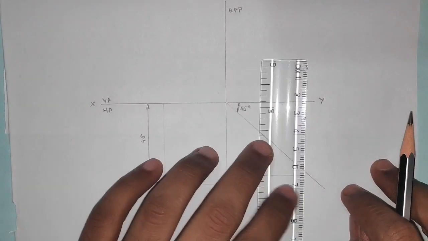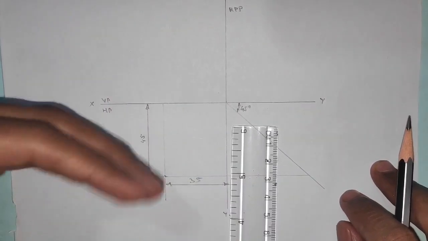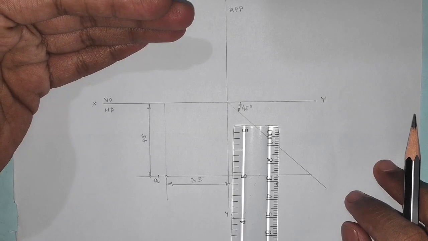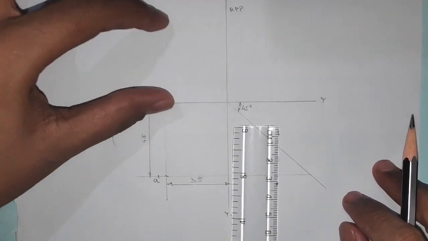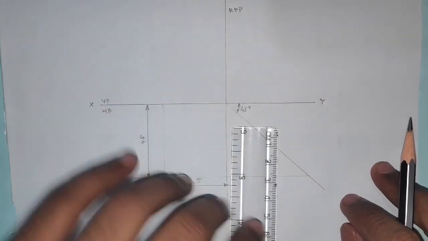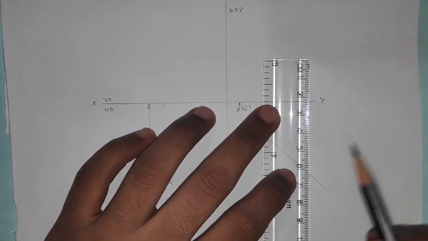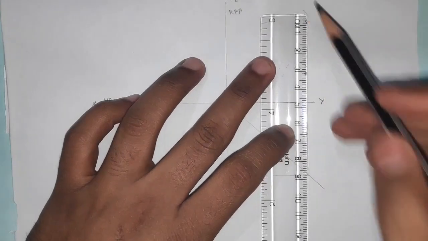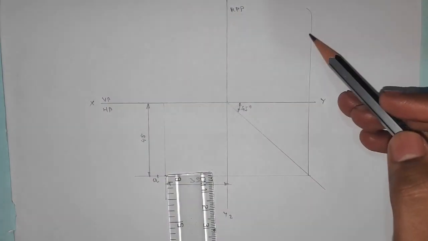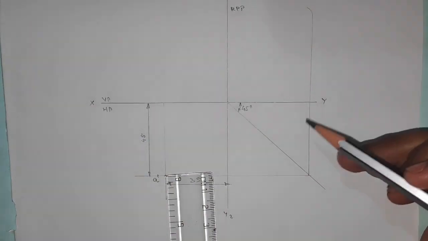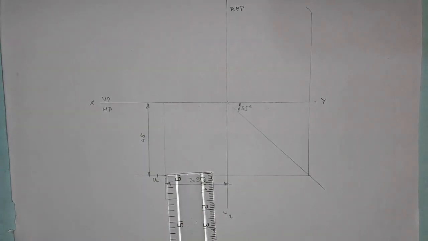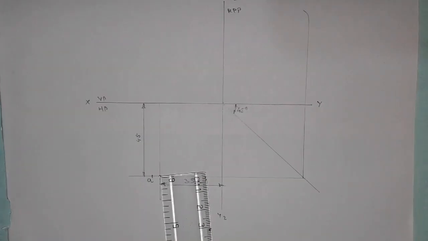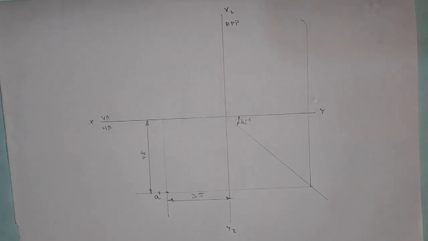So now from this point I know my front view will be above this point, because it is said that it is above HP. So somewhere above the XY line will be my front view. So from here you will have the vertical projection. Now you know this point will lie somewhere on this straight line, but where exactly? So for that reason we will be making use of the shortest distance.